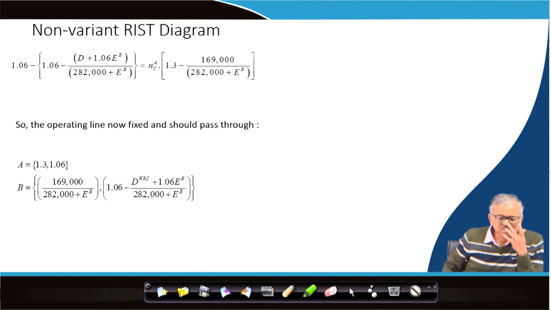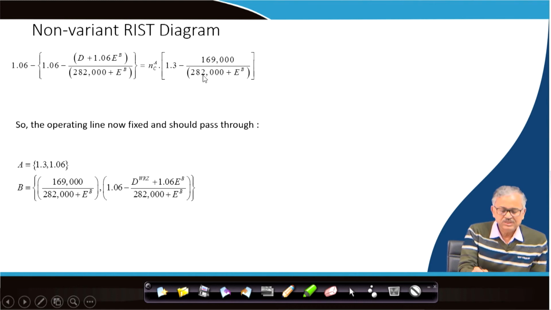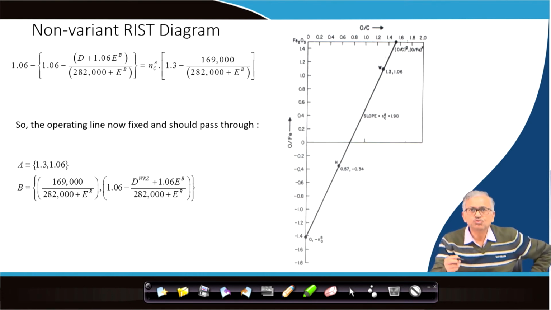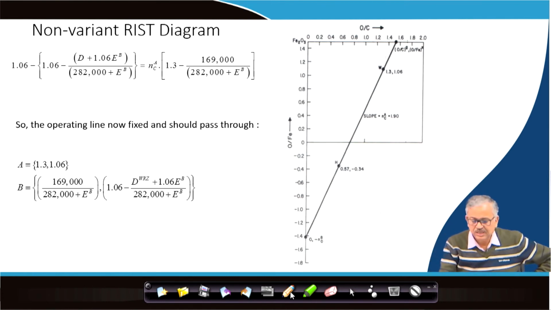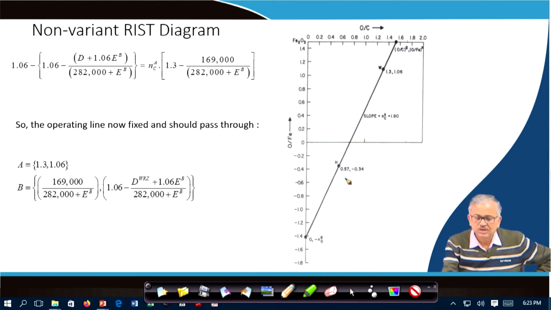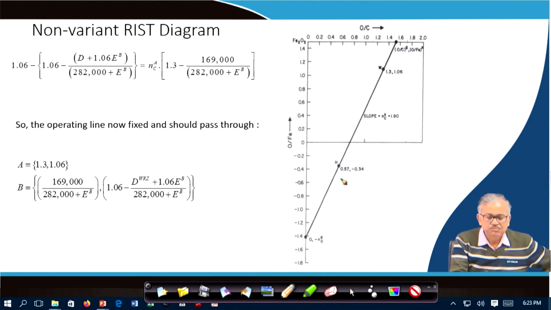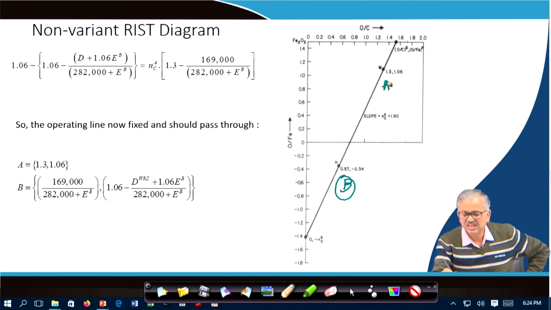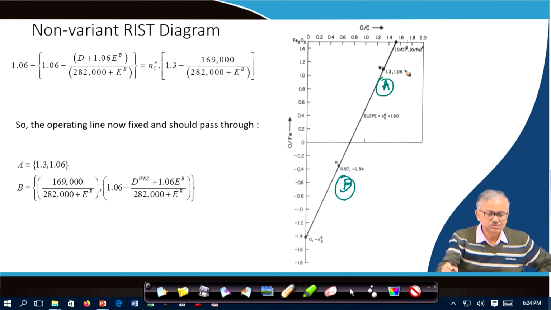There are two fixed points on the operating line. So, we have two lines you can find from there, as I say, y2 minus y1, x2 minus x1, and then we are getting 2 points: x1, y1, and this is basically x2 and y2. So, A and B, 2 points are there on the Rist diagram. You can find the 2 points I have got: one point is this one, the point B, and this is the point A. This is 1.3, 1.06.